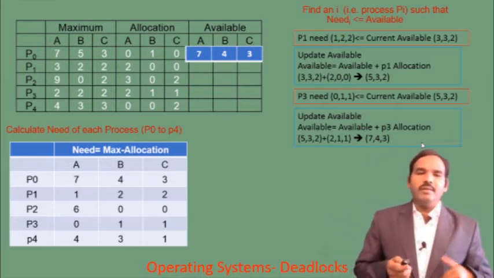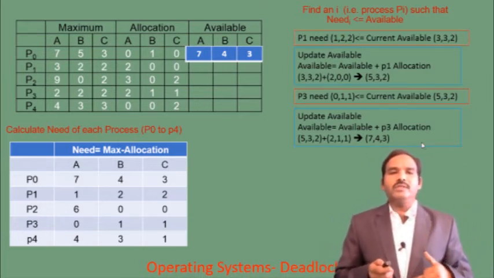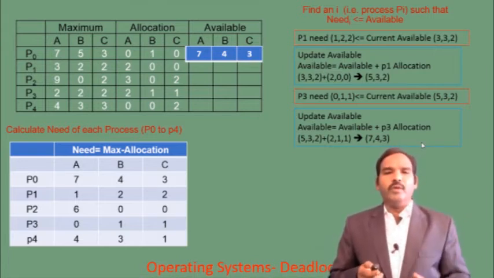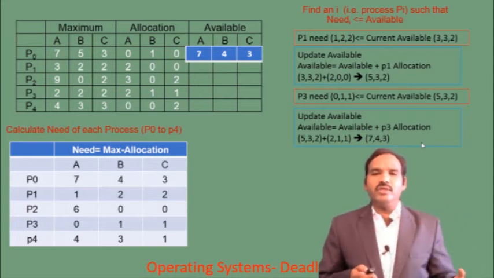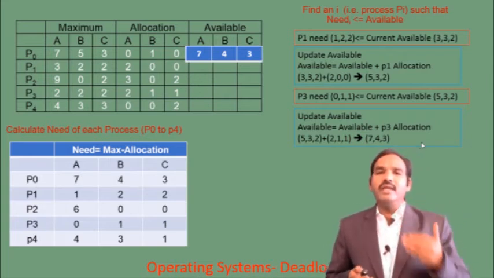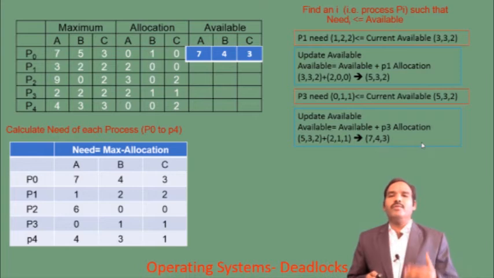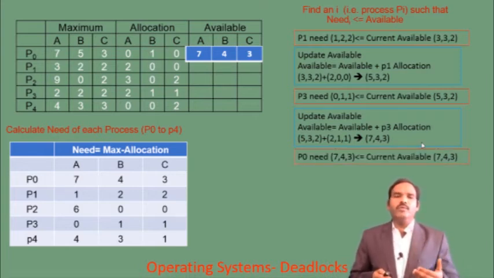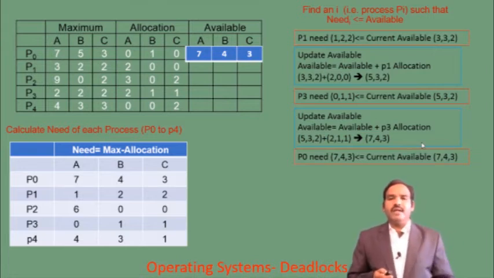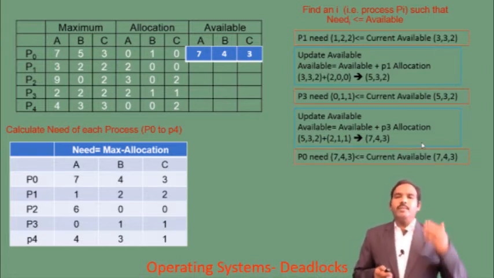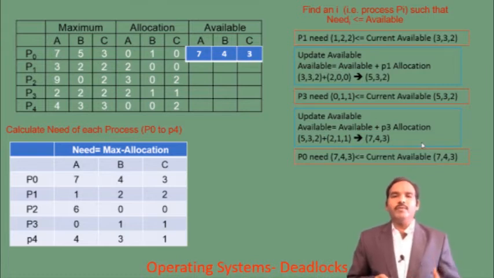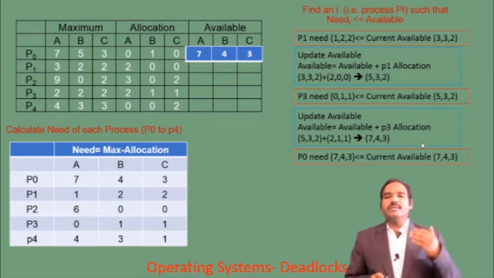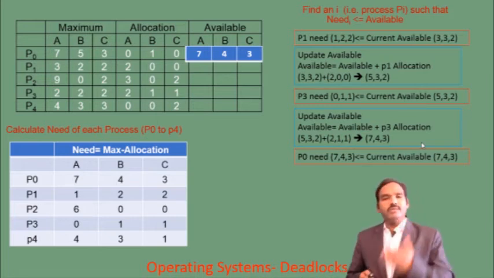Again you start from the beginning. Here, what are the processes currently in the list? P0, P2 and P4. P1 and P3 have already completed execution and released the resources. That is the reason current availability is 743. Now you select P0, meaning we found P0 satisfied the condition. What is the condition? P0 need is 743. It is less than or equal to current available. Current available is 743. 7 less than or equal to 7 is true.